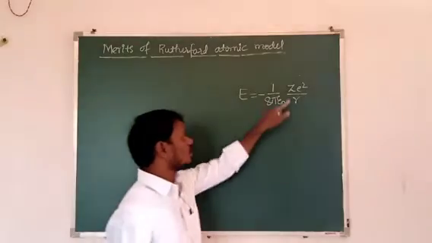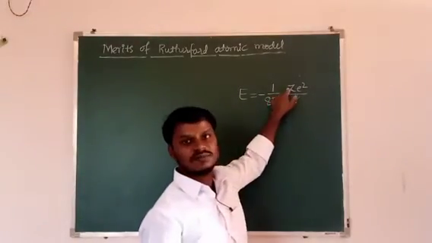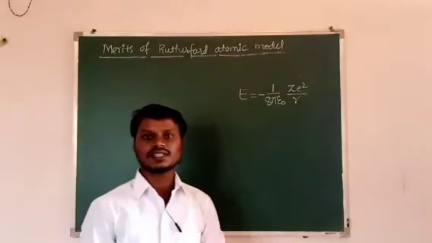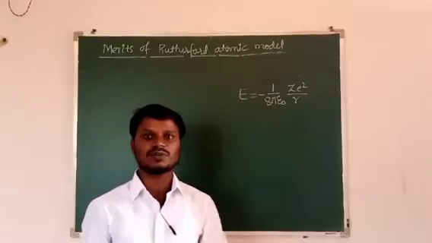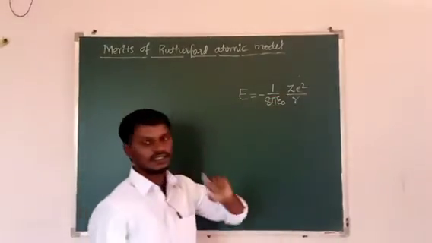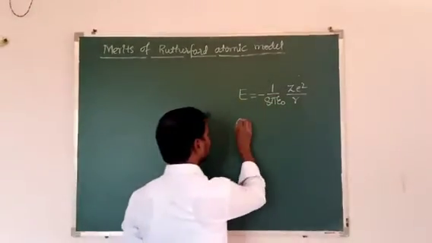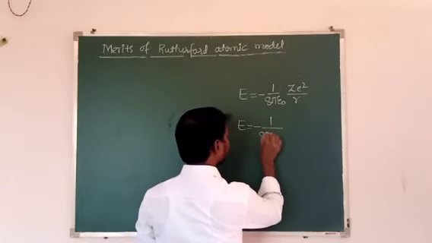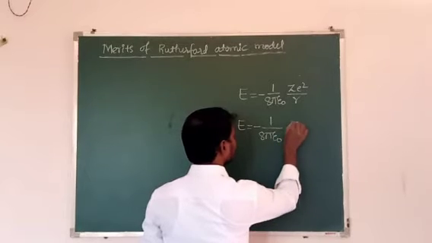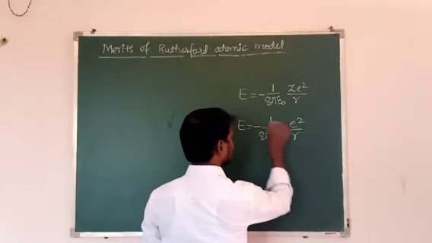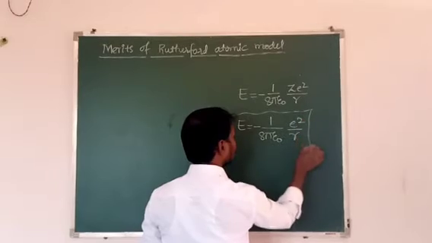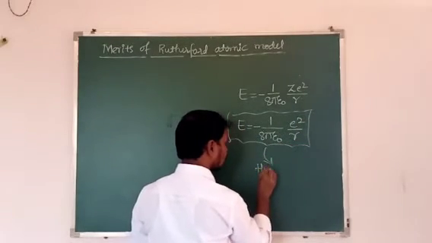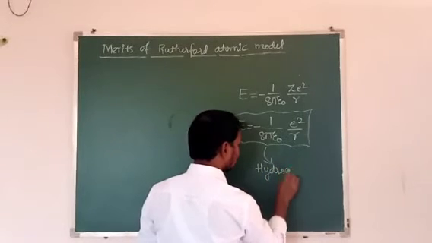Okay, so this is the energy of the electron in the given orbit in terms of the radius of that orbit. Then the Z value for the hydrogen atom, means atomic number for the hydrogen atom, that is 1, because how many protons present in the hydrogen nucleus? That is 1 proton. So that is why Z taken as 1. Then we can write E is equal to minus of 1 by 8 pi epsilon naught E square divided by R, because Z value is 1. This is for the hydrogen atom.